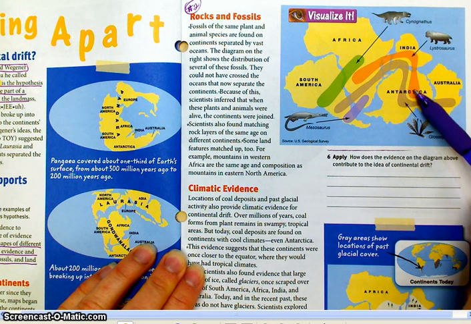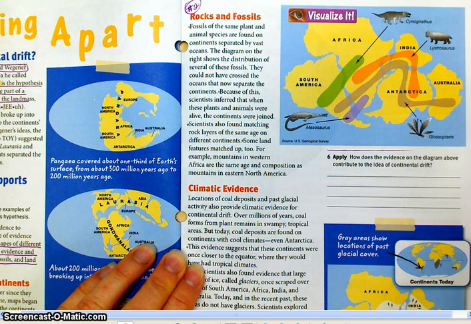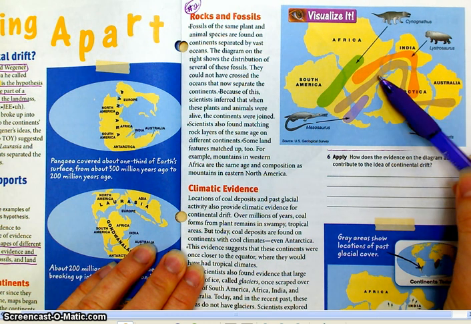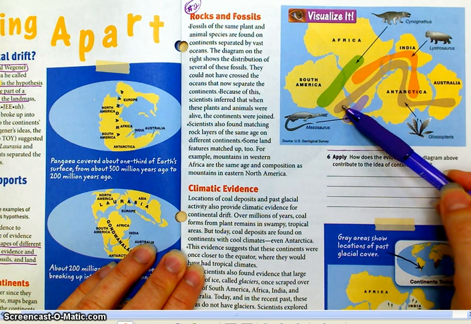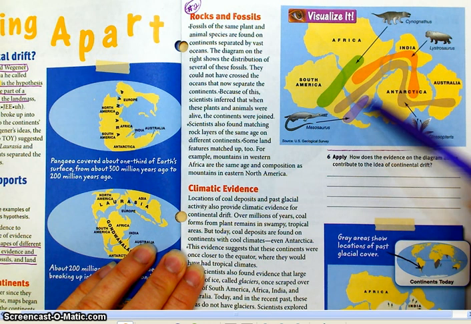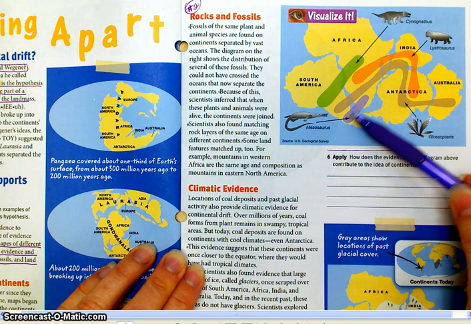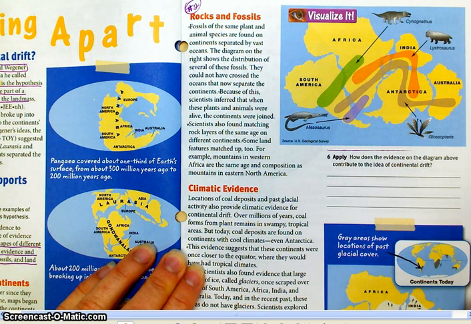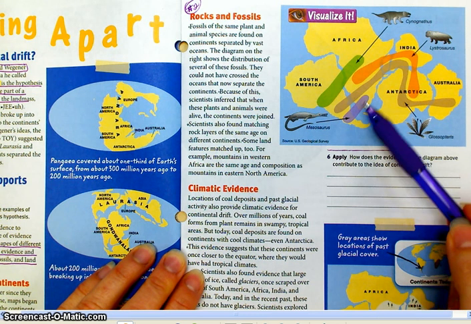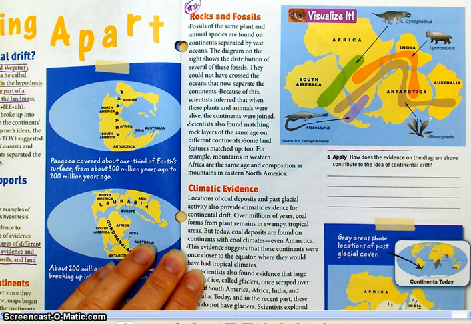Lystrosaurus on Antarctica, India, and Africa. Glossopteris on Australia, Antarctica, a little bit on India, Madagascar, Africa, and South America. And then you have a fossil Mesosaurus on both Africa and South America. So you have a lot of fossils, the same fossils, that you find on different continents, and there's really no